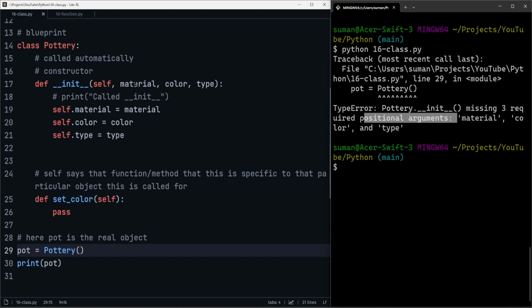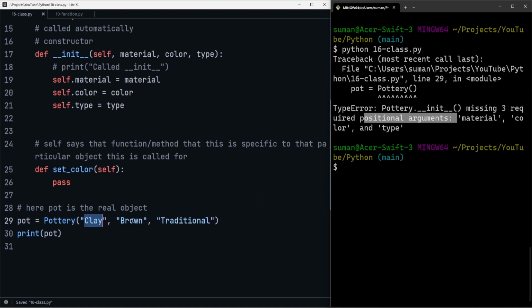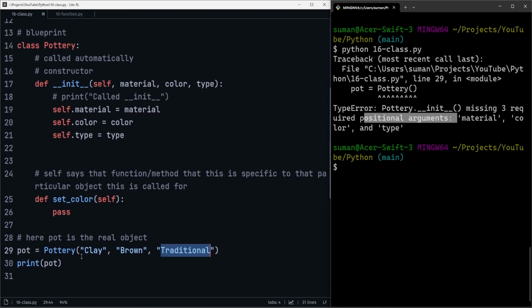Like for material, let's pass here clay. For the color, let's put brown, and for the type let's put traditional. Suppose we are building a pot that is made using clay, the color is brown and it's a traditional pot, that is, we are using it for a festival or something like this. So whenever you pass anything inside this parenthesis when calling the blueprint,